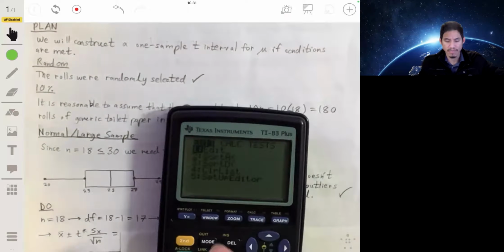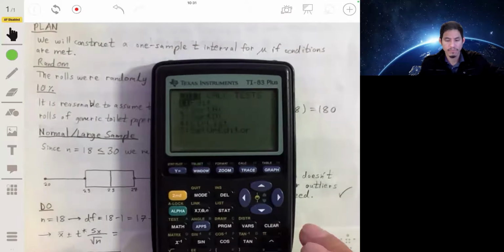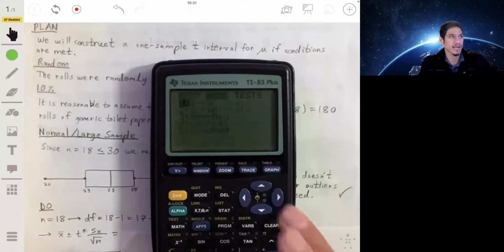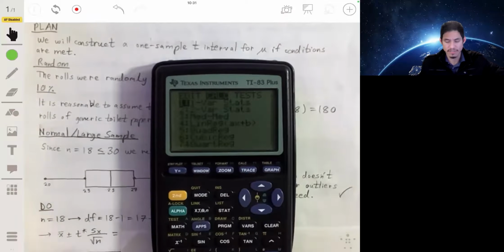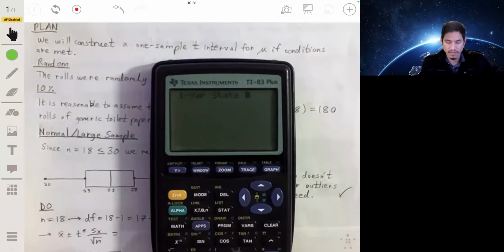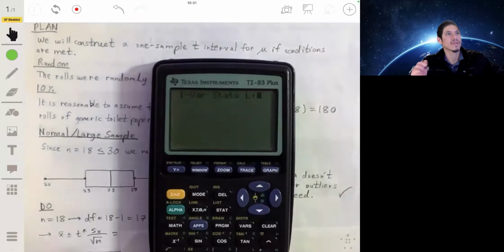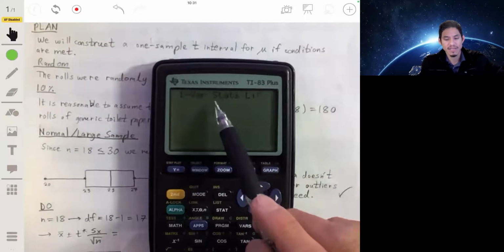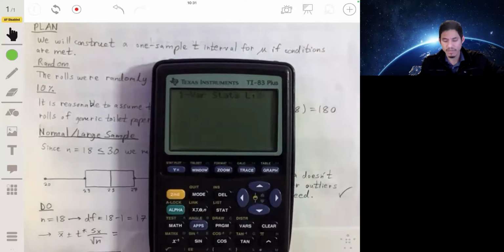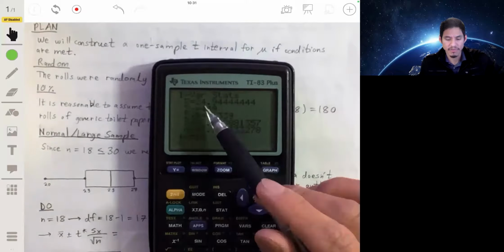I already have the data in my calculator, so I just have to run a one variable analysis. So I'm going to go back to STAT, and then scroll over to CALC, and I'm using one variable statistics. Press enter there, and I'm going to type L1 just to show that I'm going to run the statistics for the data in list 1. Press enter, and it gives me all my statistics. So I have my mean, 24.94,